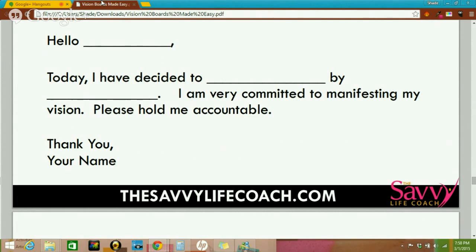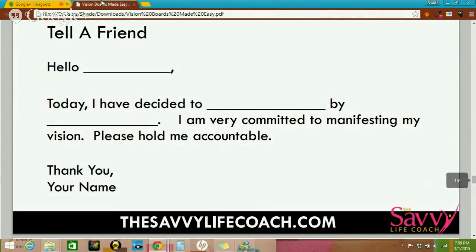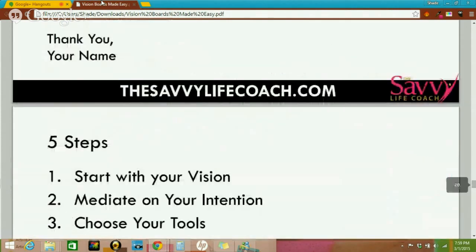So this is really a powerful tool, and it puts your vision out there in words. In the Bible, you have write the vision and make it plain, so we can see it on the tablets. We want this to be plain and people to see it. So not only are you manifesting your vision visually, you have written it down. This visual and this written documentation of your vision is going to also hold you accountable. So I really think this additional bonus step is so important, and I really want you to think about it.